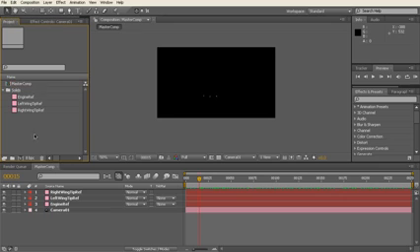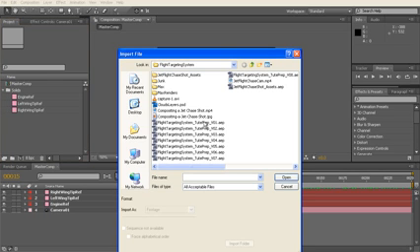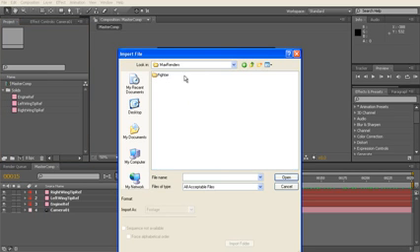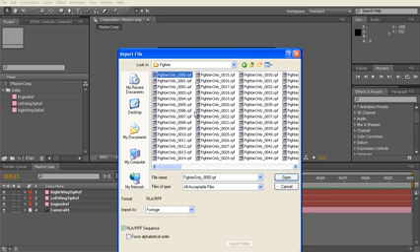master comp, and we're also going to bring in the render that I did from Max. From that camera I did a render that utilizes all the lighting, and I'll just bring it in and put it in footage here, fighter. Now I brought it in as an RPF, and